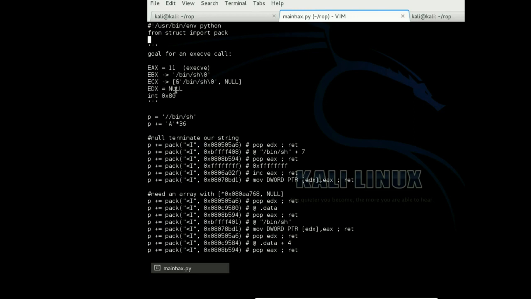ECX needs to point to basically the arguments that the function is going to get. So this is a null terminated array of pointers to strings of the arguments. And the only argument that we're giving it is just argument 0, or the program name, which will be an address to /bin/sh null terminated. So basically the same value that's in EBX needs to go here. And then EDX needs to just be a 0 or a null. This has to do with the third parameter to execve, which is an array of environment variables to set